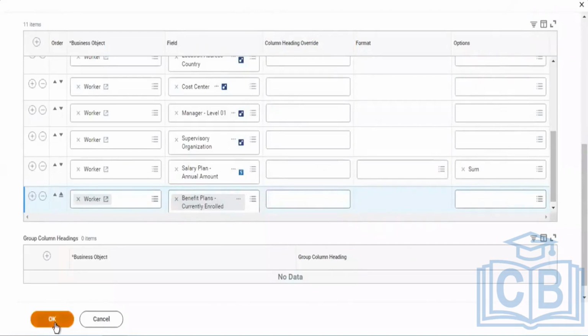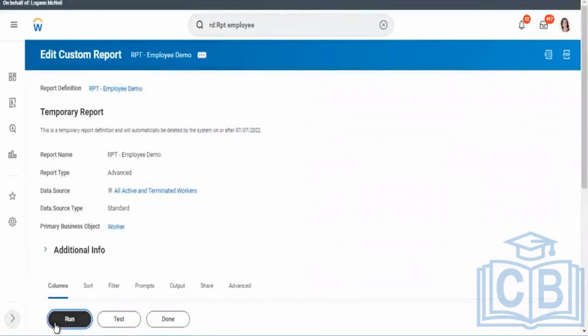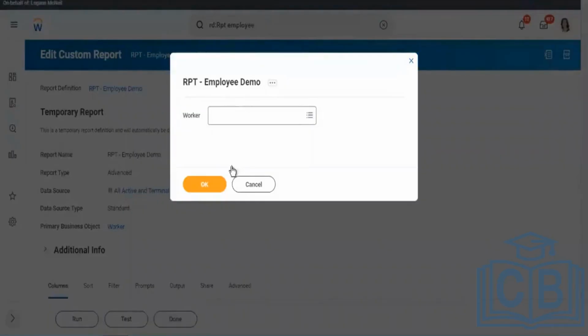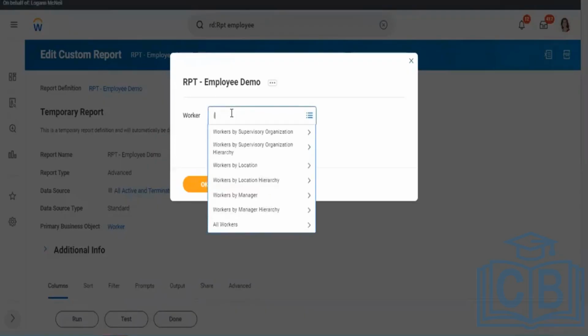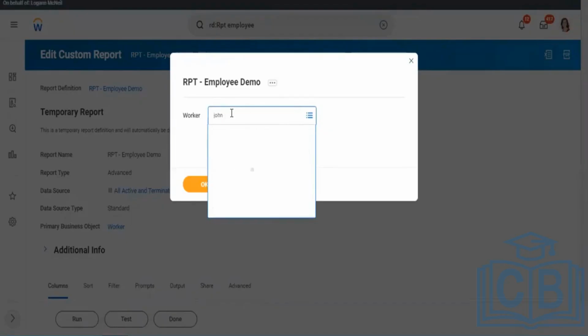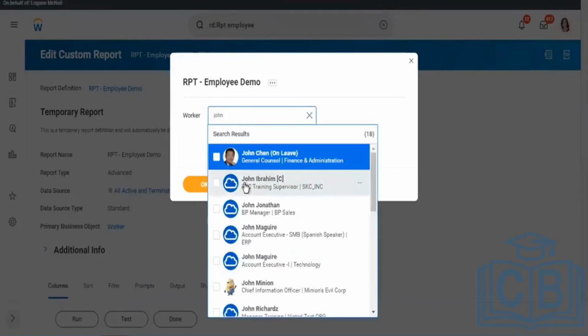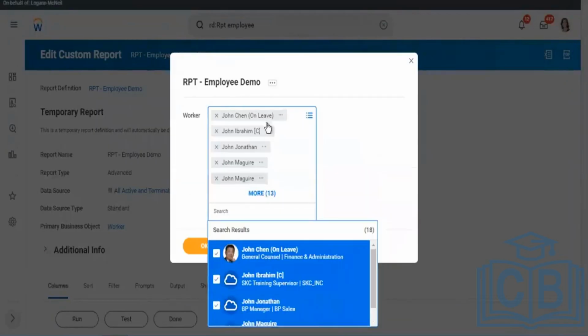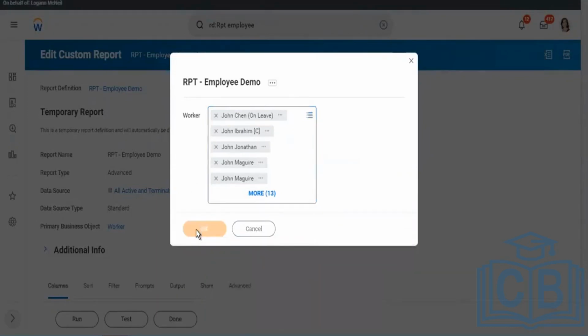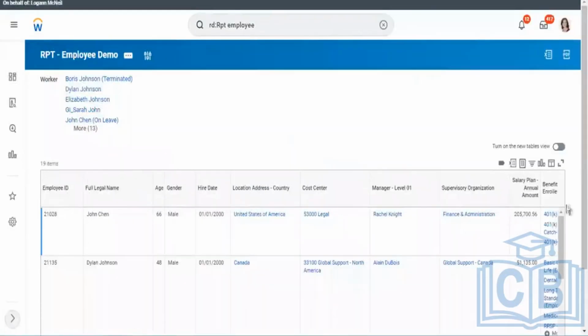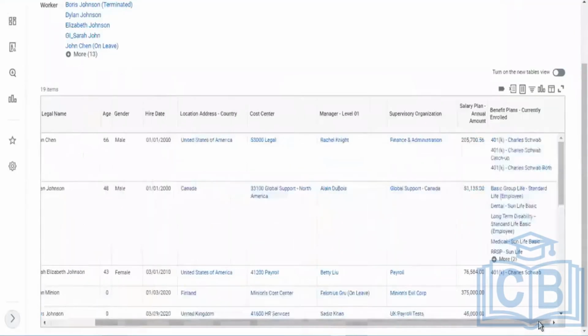Now if I run this report, see here in the multi-instance field Benefit Plans Currently Enrolled, you got multiple values in a single column.